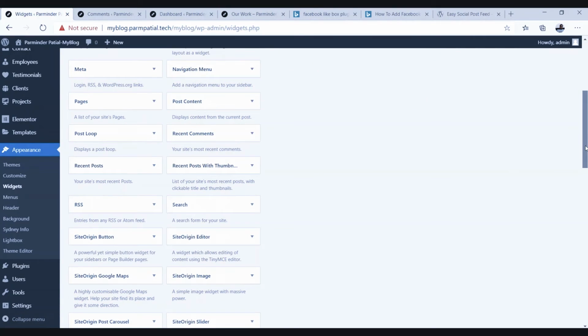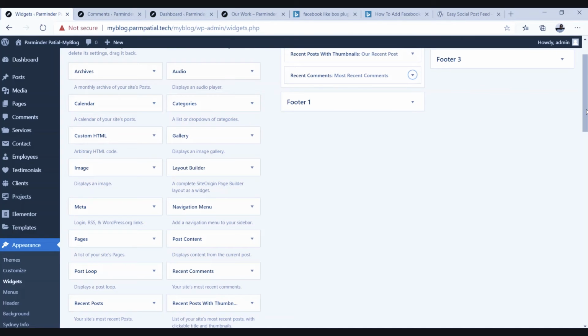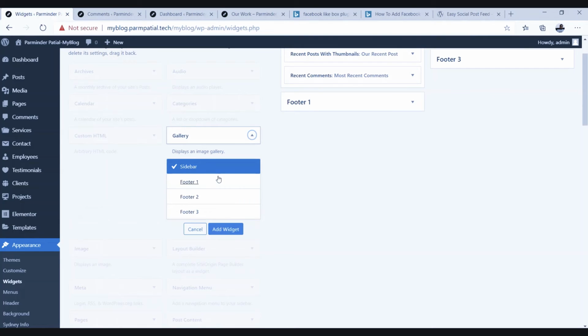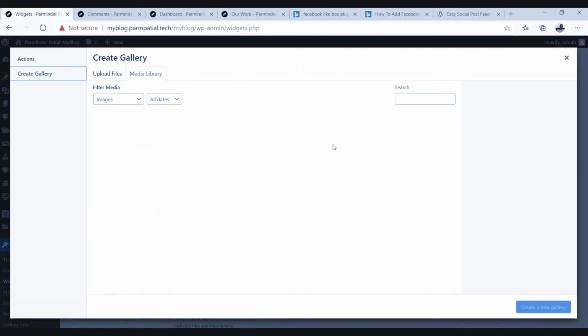I just wanted to add one more widget over here, I wanted to display some image gallery over there. So I just select gallery over here, and then click on Add Widget. This time I'm going to give the title as our project, and click on Add Image.